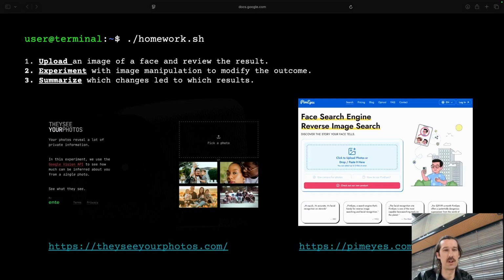But first of all, last time I asked you to play around with these platforms. Did you have a chance to do something? Did you figure something out? Unfortunately, I figured out that the left one had some API issues, like it took some time to analyze the image. But did you play around with it, or did you try it? Also, which platform did you like to play around with?